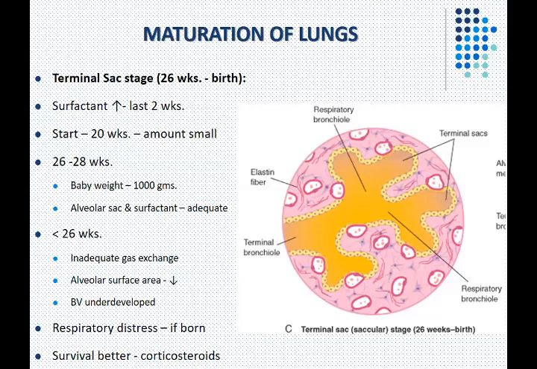We have enough of surfactant, the level of surfactant in the fetus is enough for survival. Okay, so surfactant का आपको you know about surfactant, आप लोगों ने respiratory system physiology में किया हुआ है. You know surfactant lowers surface tension, allows the alveoli to dilate. The surfactant नहीं होगी तो alveoli collapse करता है. So between 26 to 28 weeks, you have an adequate amount of surfactant. लेकिन less than 26 weeks,